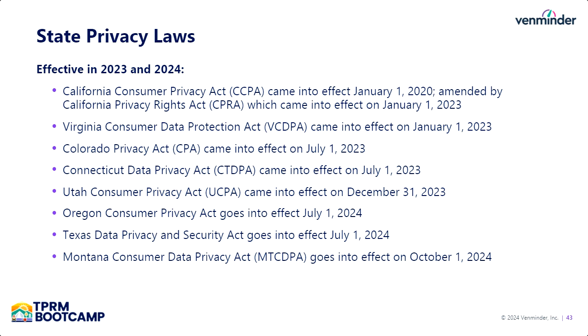Moving on to those state privacy laws, this can be a challenging topic because different states have slightly different requirements. Each of these laws goes by a different name, but the overall intention is to make sure that organizations are collecting and handling consumer information in a certain way. So California's CCPA was the first law to go into effect in 2020 and has since been amended by the CPRA. The law is pretty comprehensive, but some of the highlights include obligating businesses to give notice or transparency when they're collecting consumer information. Businesses are also required to perform risk assessments on how they're processing personal information.